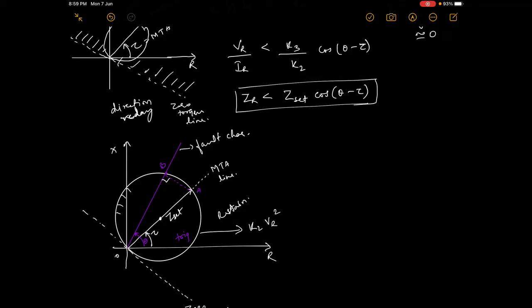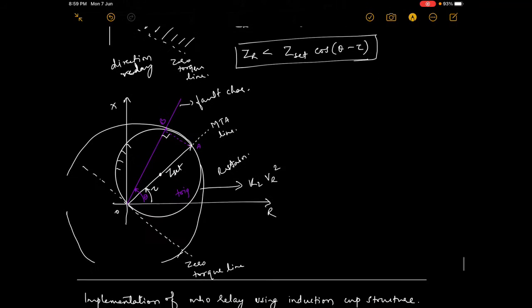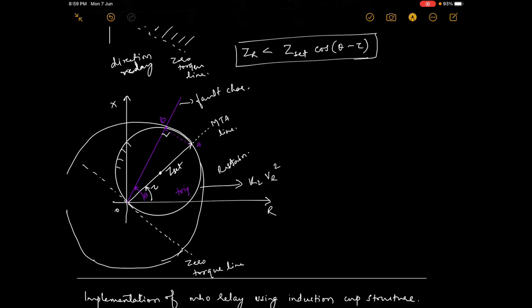In the case of impedance relay, what did you do? You actually took Z set as a radius. So that's why the circle was something like this. I'll draw it and show. The circle was something like this. Do you remember? It was this big because Z set was the radius then. So that's why it was covering a lot of the region. Please remember this.